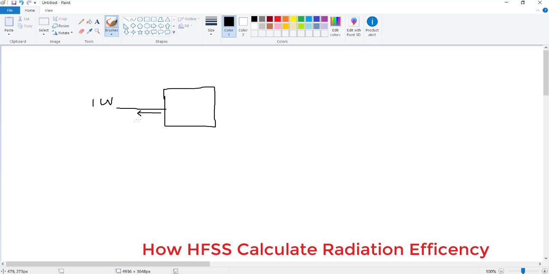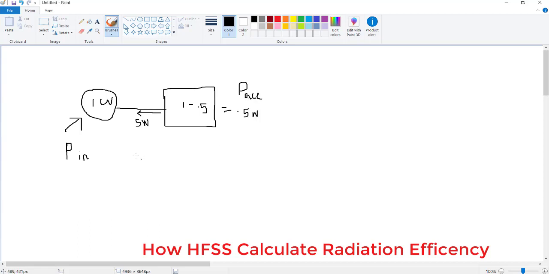Let's assume 0.5 watt is reflecting back. So the power accepted by this antenna is 1 minus 0.5, which is 0.5 watts. This is called incident power, and this is called power accepted.